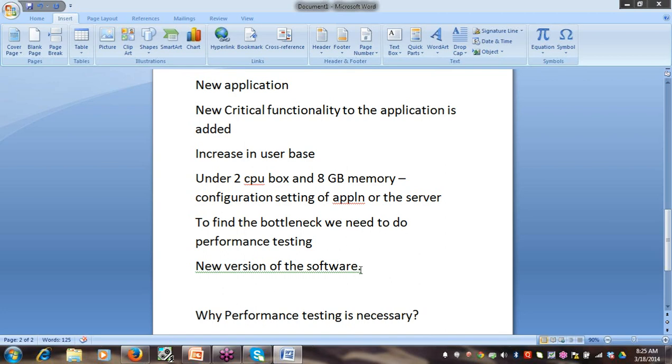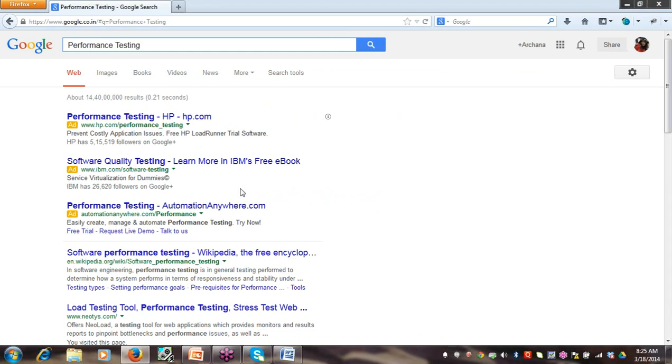So why is performance testing necessary? To have the critical transactions working properly under a workload. Suppose this is a new application that you haven't worked on.